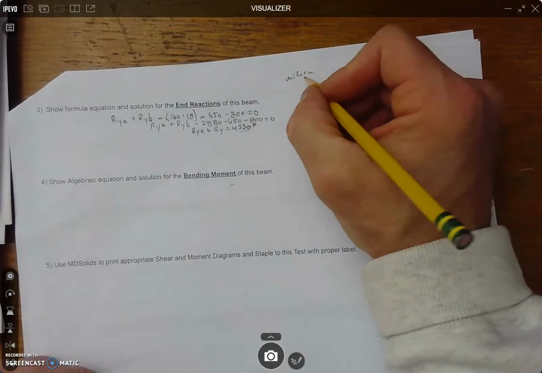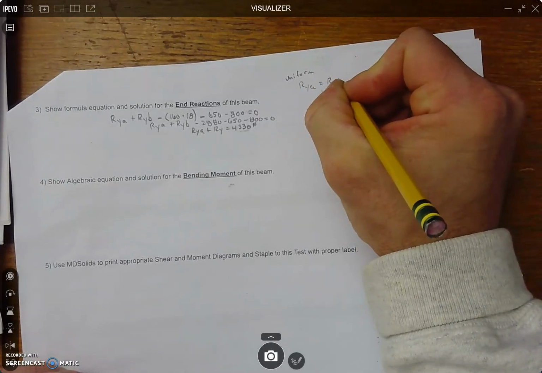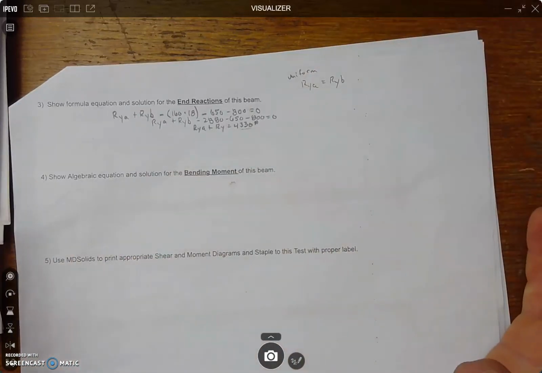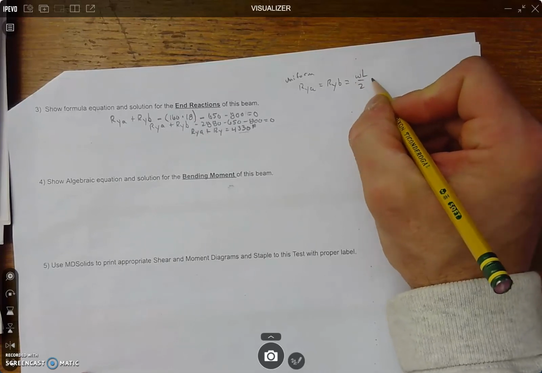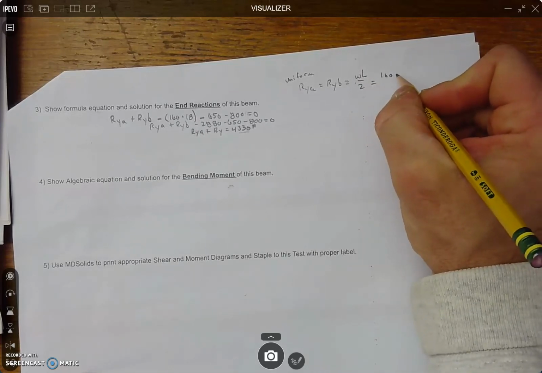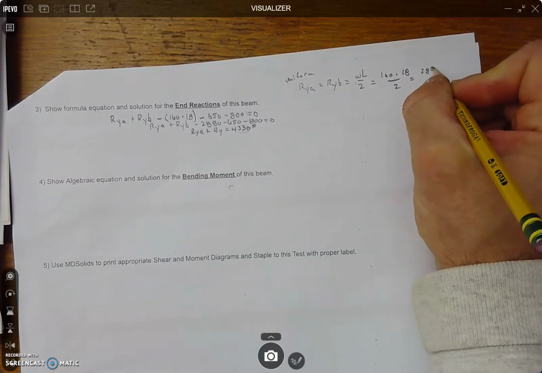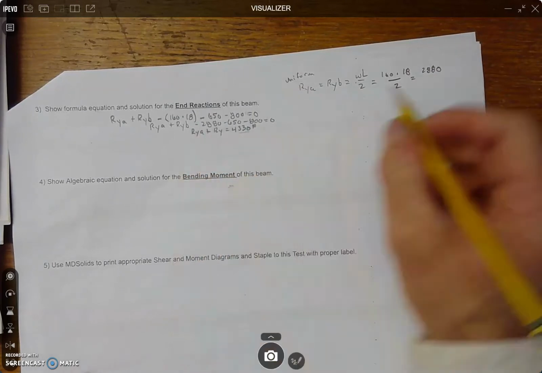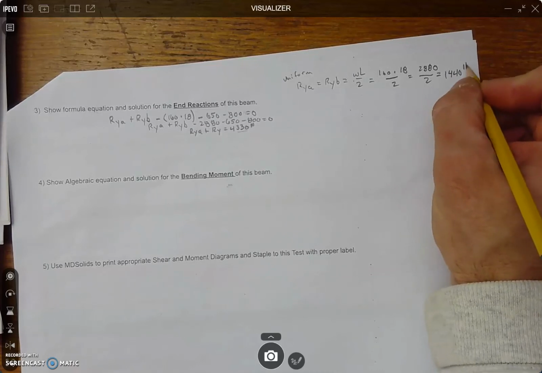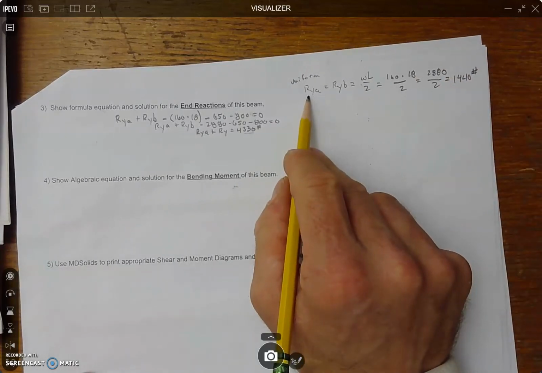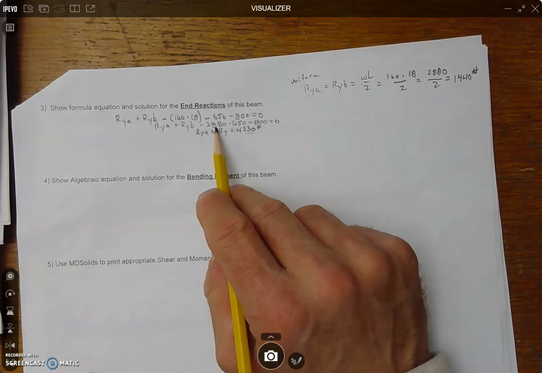So we say for that, RYA equals RYB, and the reason they are equal is because a uniform load will be distributed equally between them. Equals WL over 2, which equals 160 times 18 divided by 2, which equals 2,880. We already figured that out over here, right? Divided by 2, which equals 1,440 pounds. So RYA is going to hold 1,440 pounds of the 2,880 pounds of the uniform load, and RYB